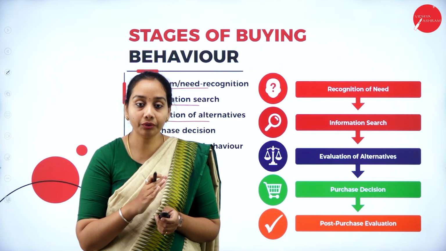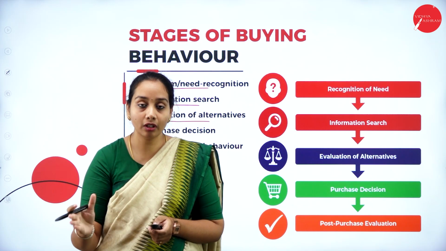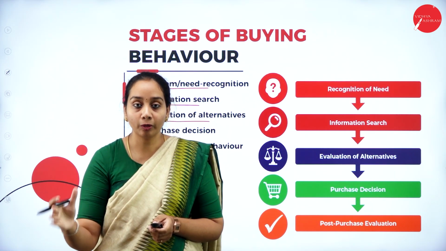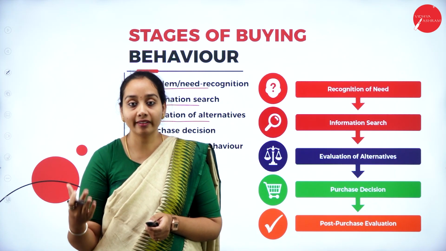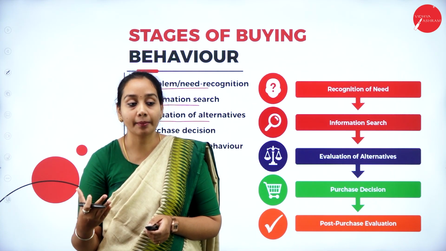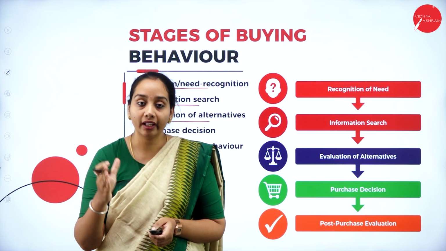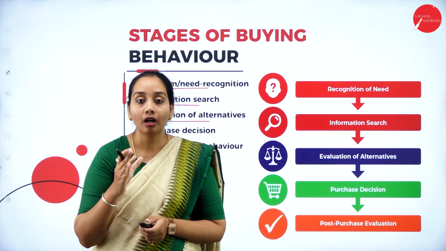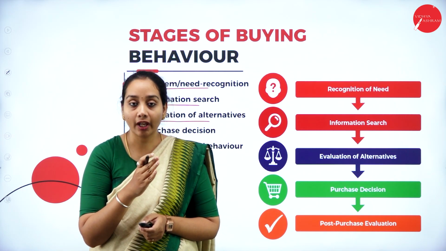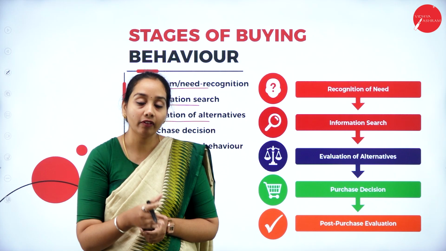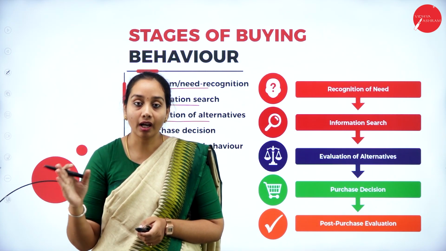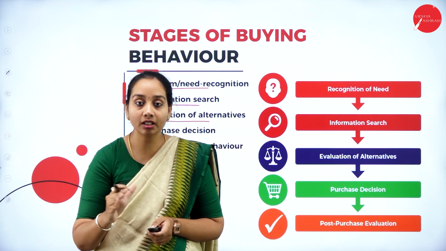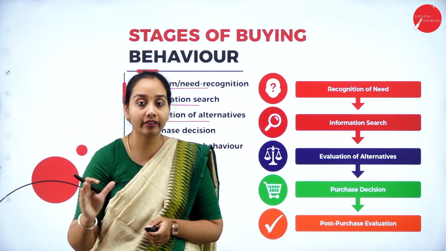So you are going to do a proper evaluation of the different kinds of automobiles that are there in the market, and you're going to analyze what their features are. Say, for example, if you want to buy an electric bike, the leading electric bikes are TVS iQube, Ola Electric, and Ather Electric. So these three are currently the leading service providers for electric bikes.